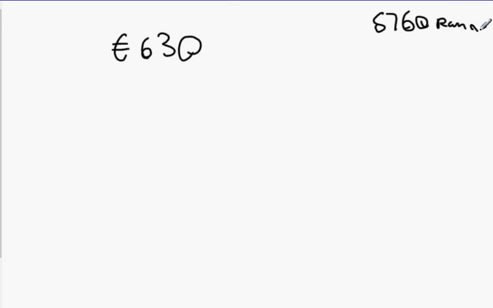Now, what happens here is, it says Una and Connor were travelling to South Africa. They bought 5,760 rand in the bank. The bank charged them €630 for this much rand. This included a 5% service charge. Okay? So this means that